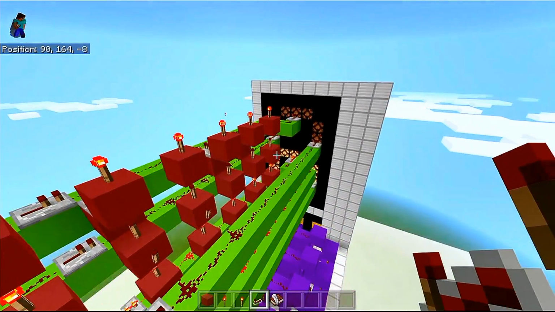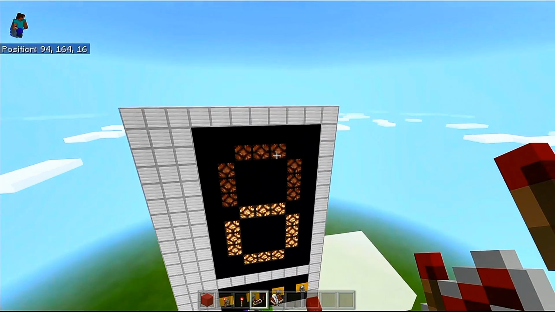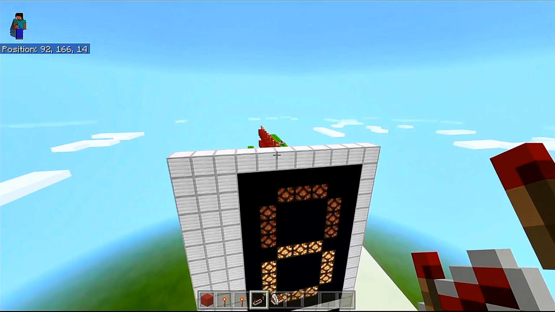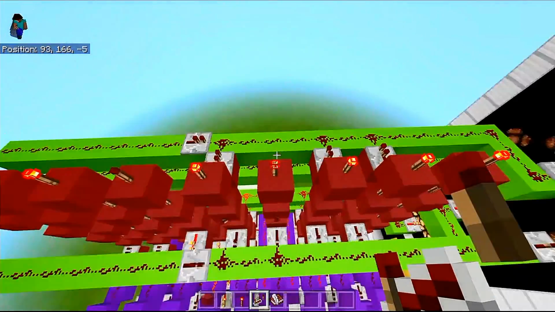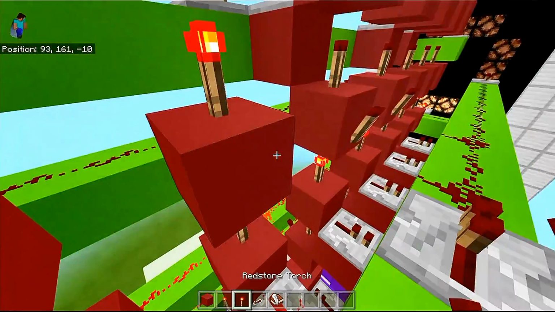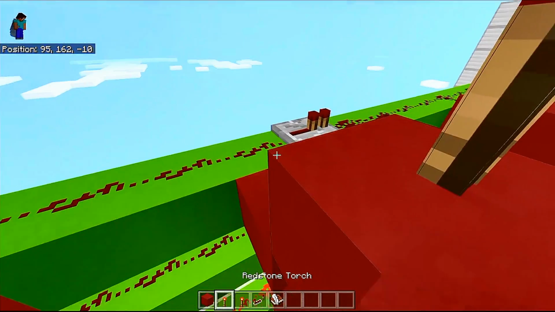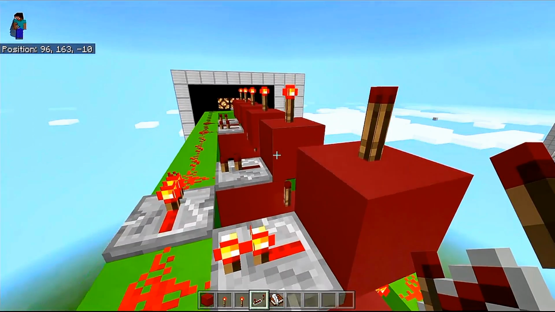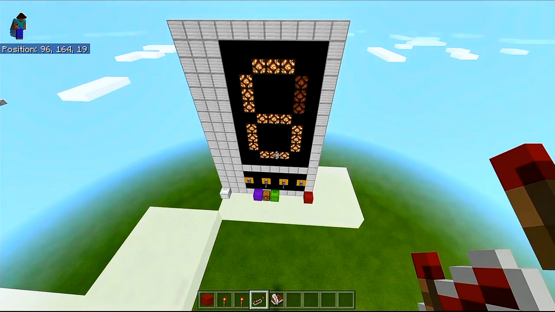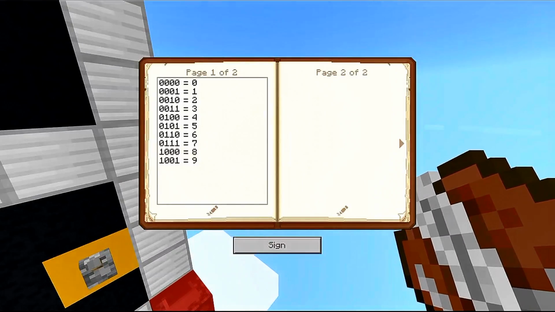Okay, so you should now see that middle one on, and I need this one and this one on. Yeah. So where's the top? There. So torch there, and block and repeater there. Again, make sure you do have the number 6 on the front of your display, and then go to your next code, which is